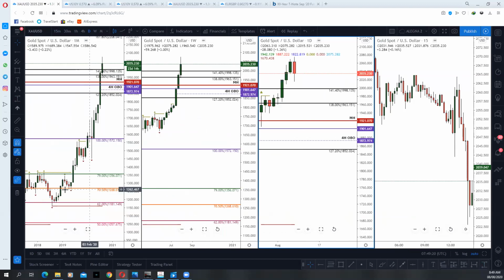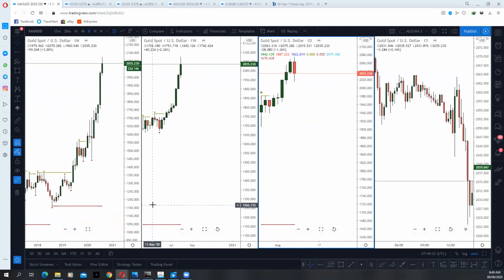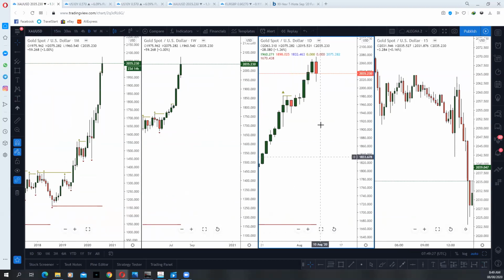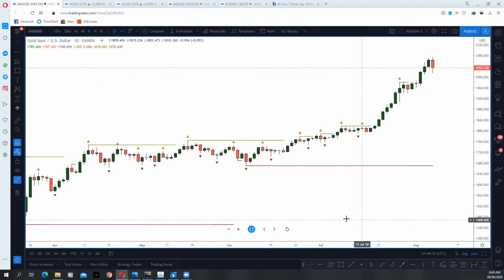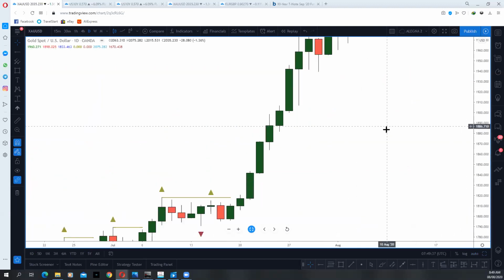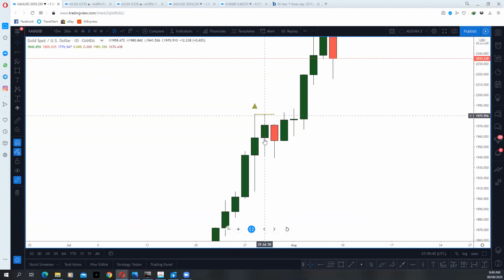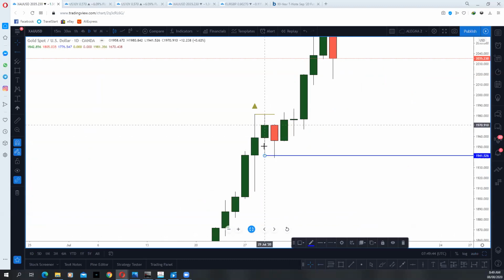Gold used it for a continuation pattern. No, it wasn't this week. It was a prior week. Let me see if I can show it to you people here. It's on this candle. This was this day's low. As you can see, we're on the daily time frame.